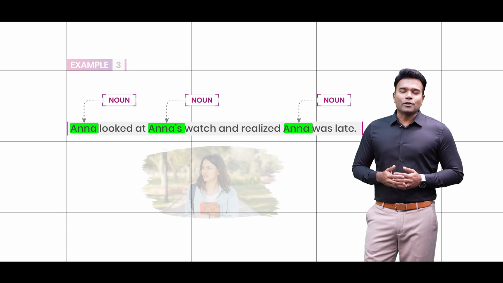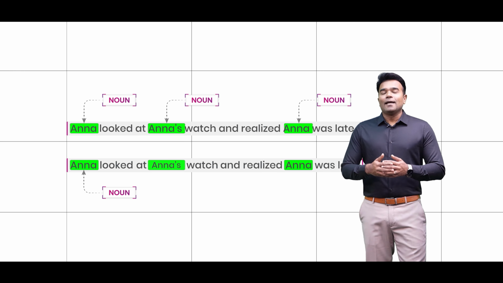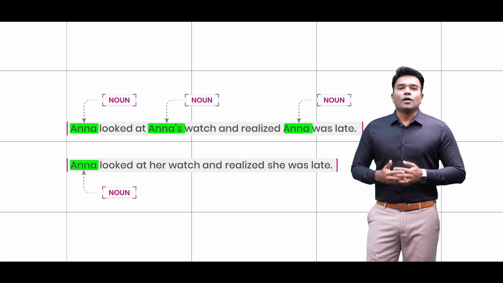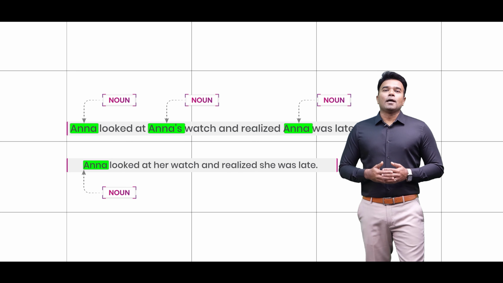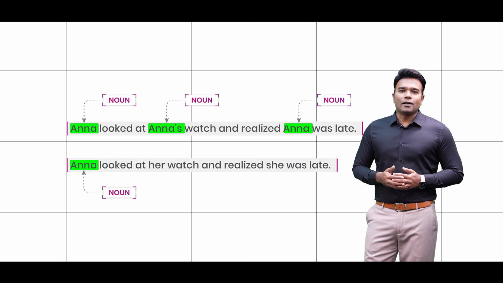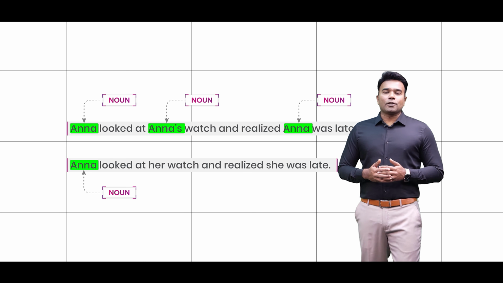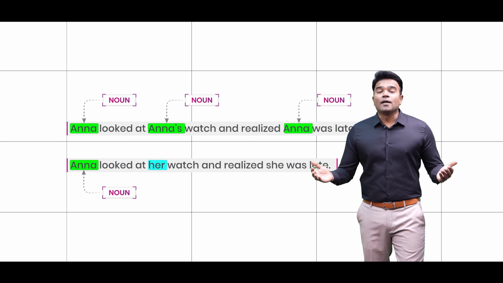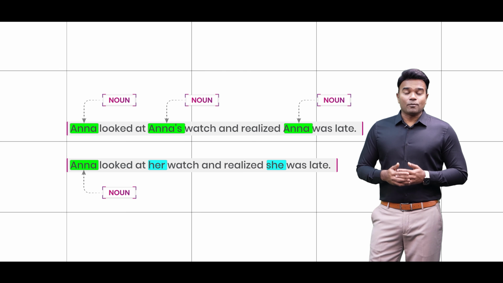If I really have to simplify this, then all that I have to do is to replace the second Anna with her and the third Anna with the word she. And now the sentence, Anna looked at her watch and realized she was late, definitely gives you more clarity and reduces ambiguity. The replacement of the second occurrence of the noun Anna with her and the third occurrence with she has brought in more clarity and has reduced ambiguity,